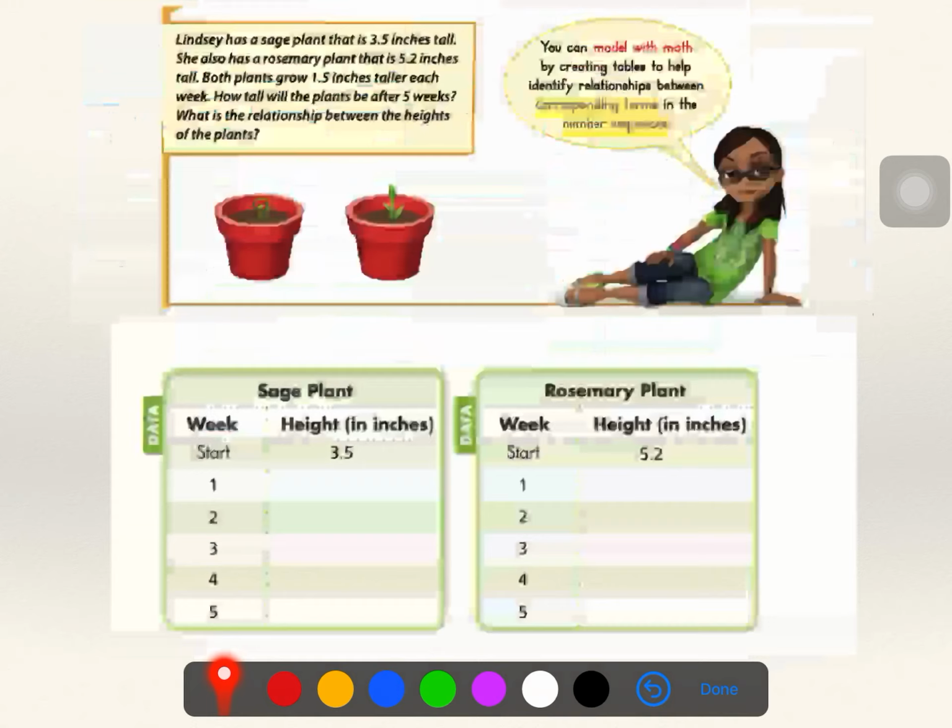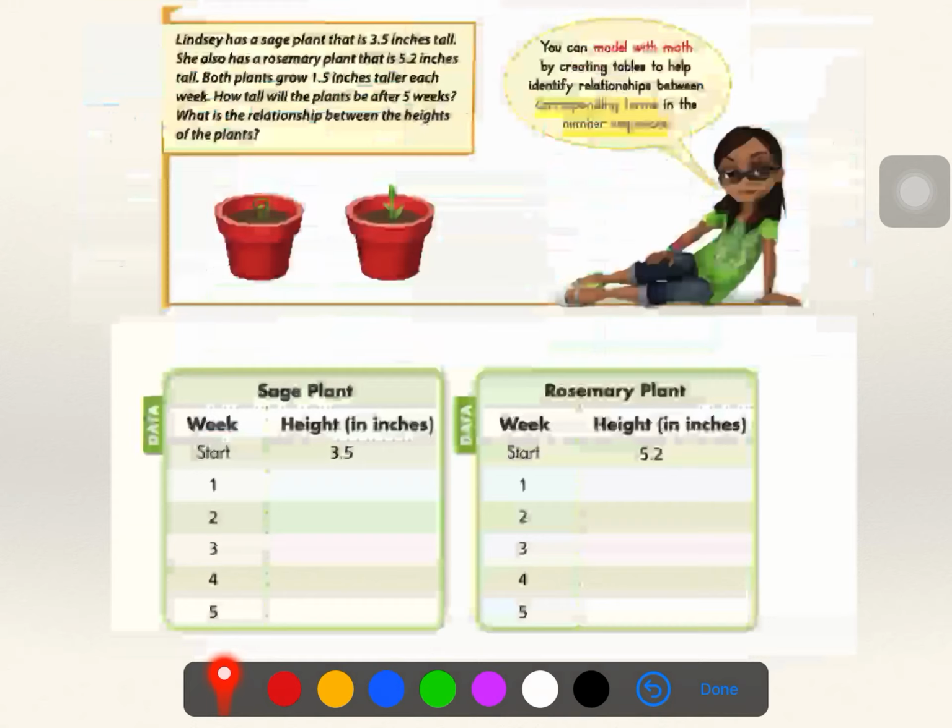So if I add 1 5/10, after 1 week, her plant is 5 inches. After 2 weeks, it's 6.5. How tall will Lindsay's sage plant be after 5 weeks? Yep, after 5 weeks, her sage plant will be 11 inches. And if we look at the corresponding data on the rosemary plant, we notice a difference. So if her plant is